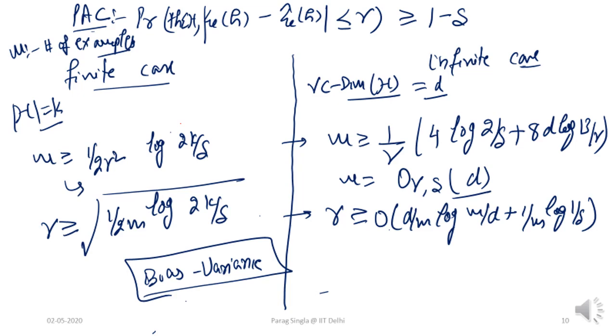Similarly, for gamma on the left side, for the finite case, we now express gamma in terms of m, k and delta. Again focusing on k, it is logarithmically increasing in k: as I increase k, the size of the hypothesis class, my gamma becomes looser. So the bound that I can give on the difference between the training and the generalization error also becomes loose, because the error threshold now becomes higher.